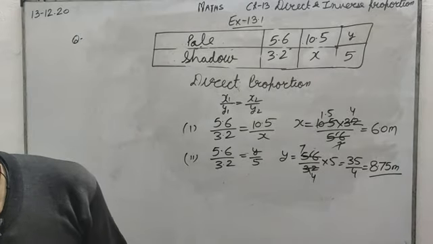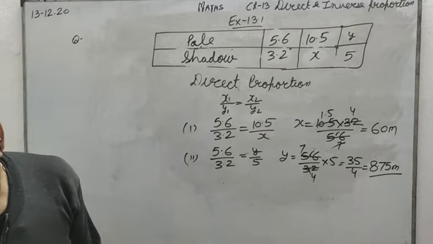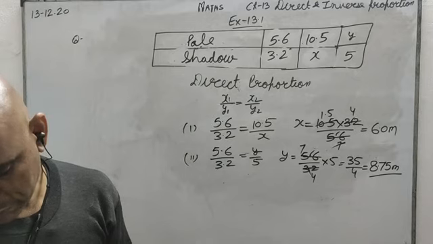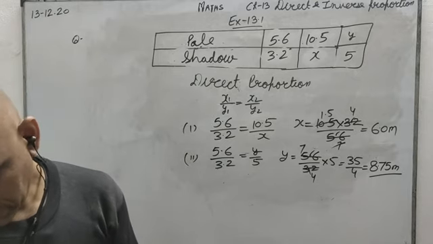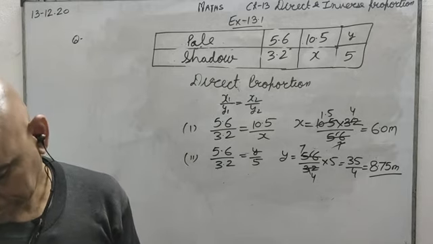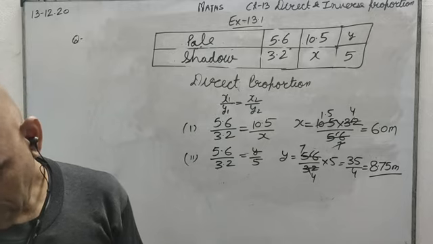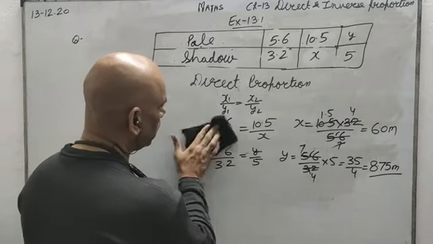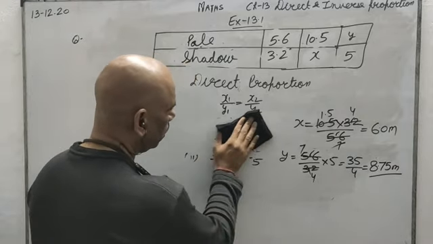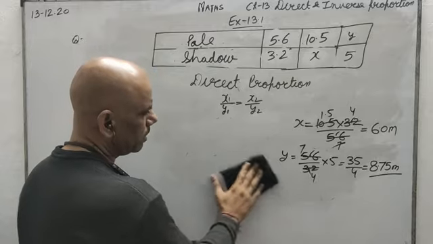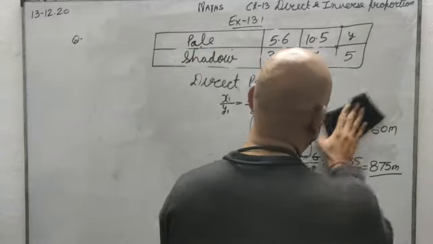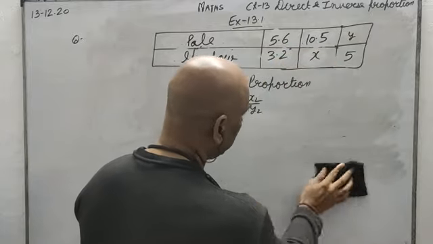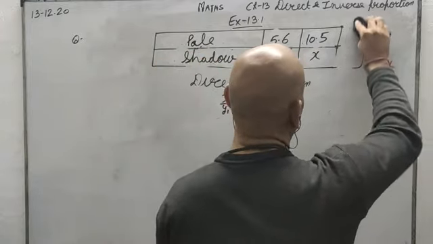Okay. Now let us have a look at the last question of this. A loaded truck travels 14 km in 25 minutes. If the speed remains the same, how far can it travel in 5 hours? Now here one thing you will have to take care of is that on the one hand the time is given in minutes, on the other it is given in hours. So both times should be in minutes. Then only you will be able to find the correct answer.